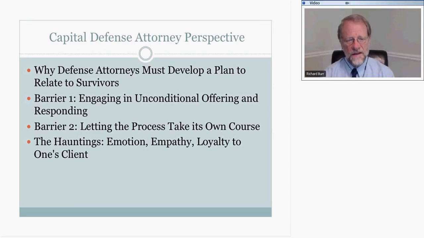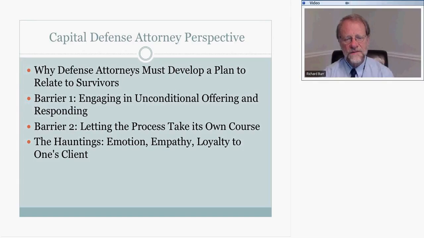There's a part of us that thinks if I expose myself to that, then I'll start feeling more compassion for the survivors than I will for my client. The capital defense lawyers are generally pretty empathetic people, and people fear that. They worry about that. What we've learned in the process of doing this, and doing this in many, many cases,